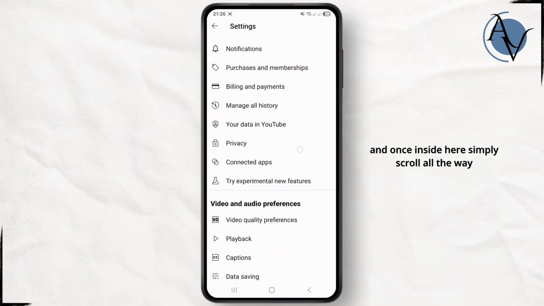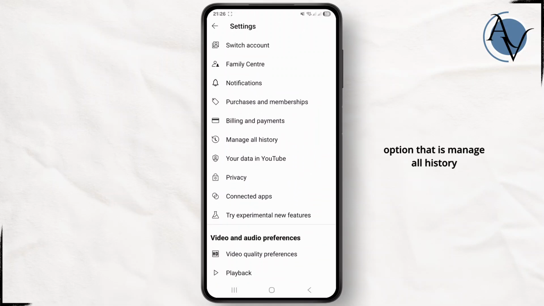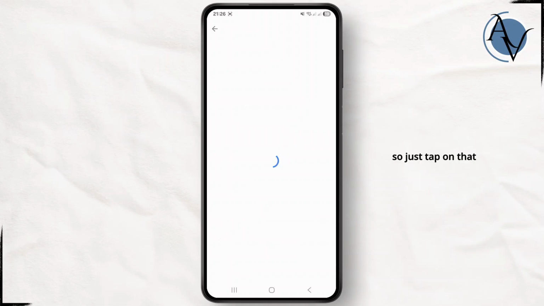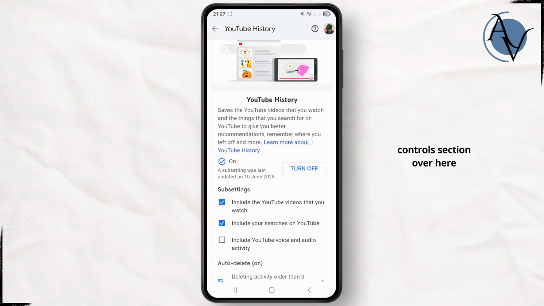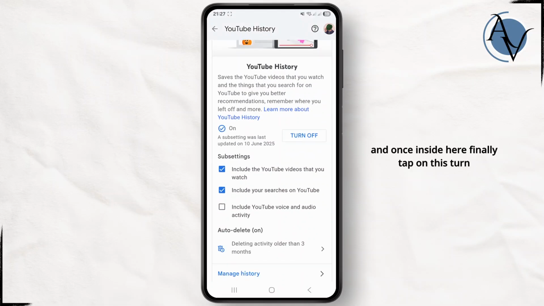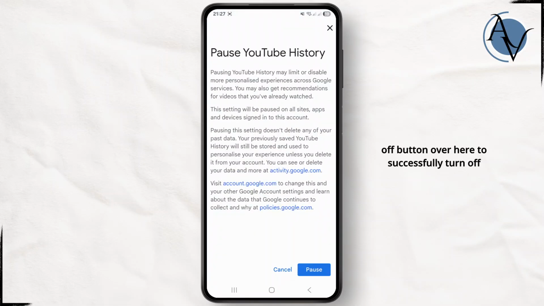And once you're inside here, simply scroll all the way down until you see the option that is Manage all history. So just tap on that. And once you tap on that, just head over to your controls section over here. And once you're inside here, finally tap on this turn off button over here to successfully turn off or pause